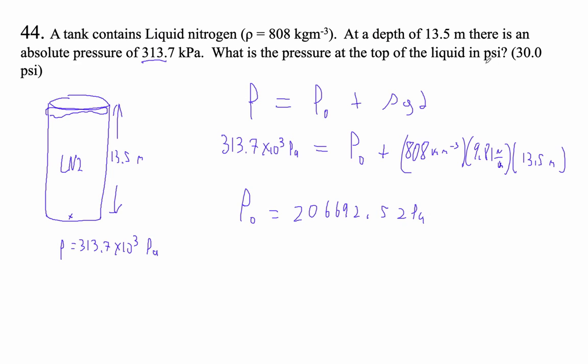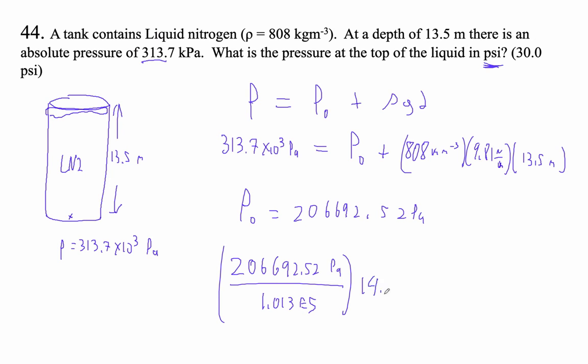206,692.52 pascals, but notice that it asks for it in PSI, right? But that's not hard, so let's go 206,692.52 pascals divided by an atmosphere in pascals. That's times 10 to the fifth, right? Times 14.7. Okay, so divided by 1.013 E5 times 14.7. So this is an atmosphere in PSI. That's an atmosphere in pascals, right? Standard conversion here. And I get that the pressure is equal to